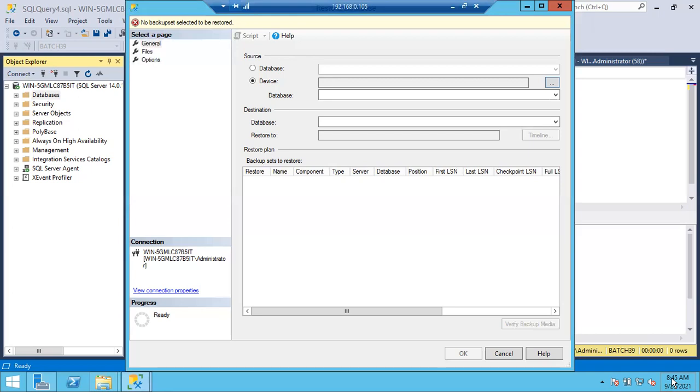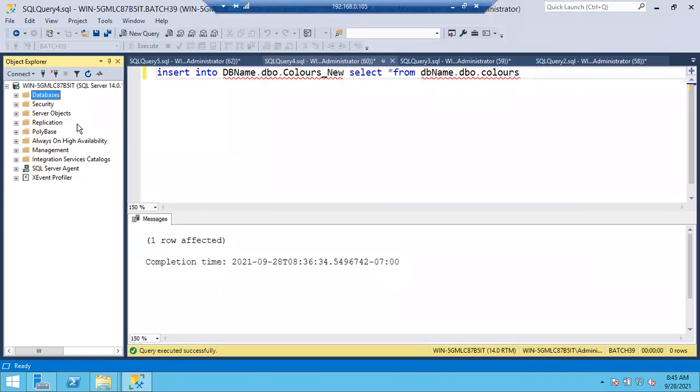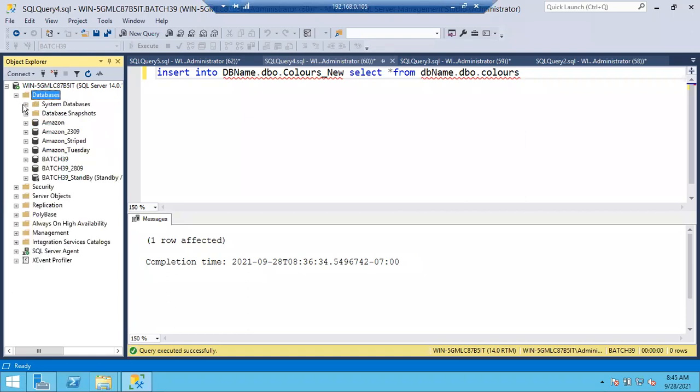Either the process is, there are different ways. One way is to create a dummy database, restore all the backups in the dummy database, then take only the single table, whatever table. Why? Because in the organization we'll have all the backups: full backup, differential backup, log backups. Restore all the backups, you will get all the tables. Now either you can go for a single table restore, or else you can go for an import export method.